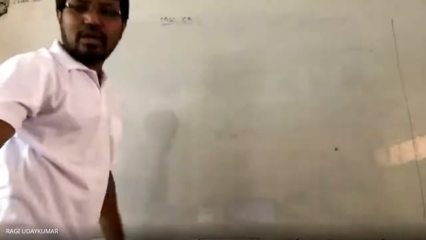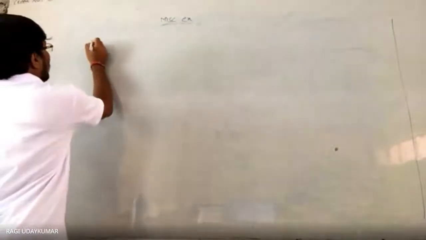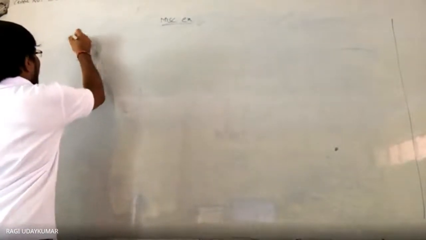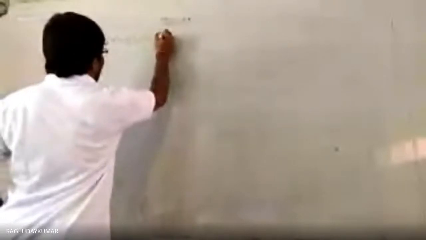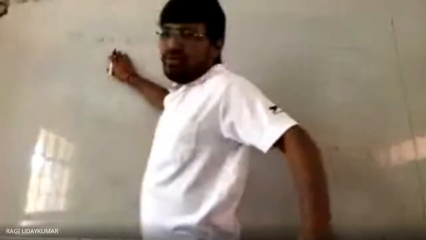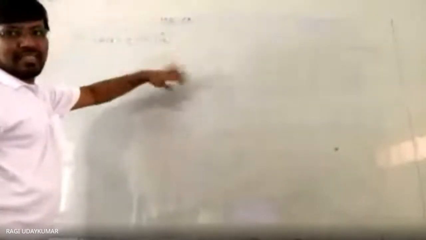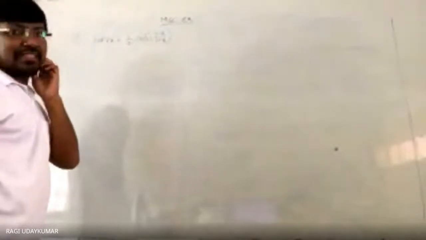Okay, so the question is here, question number 9 है ना, 2 tan inverse of root x is equals to 1 by 2 of cos inverse of 1 minus x by 1 plus x. See, I have written the question at a stretch, or you can rewrite this one as 2 tan inverse of root x is equals to cos inverse of 1 minus x by 1 plus x.